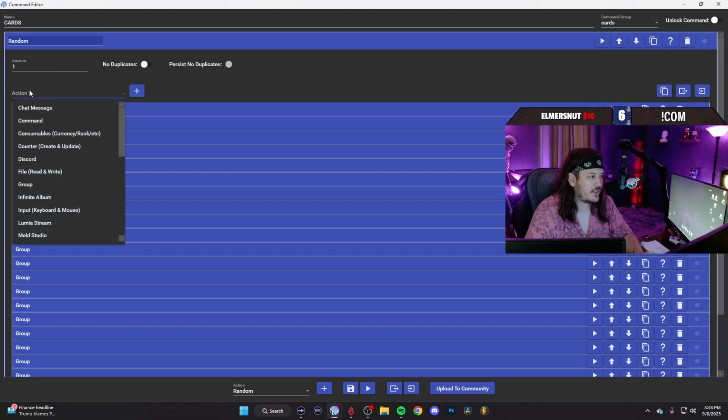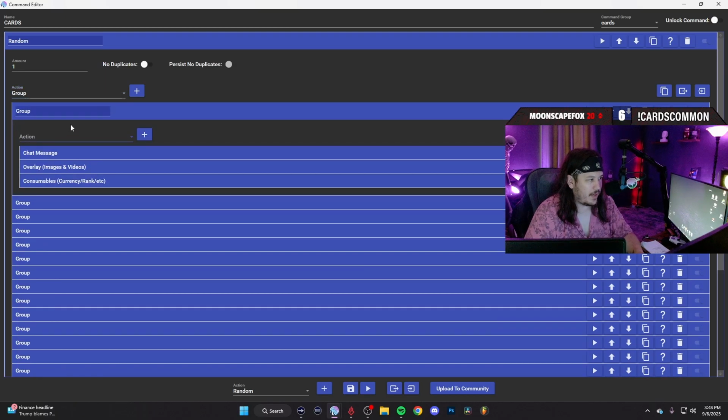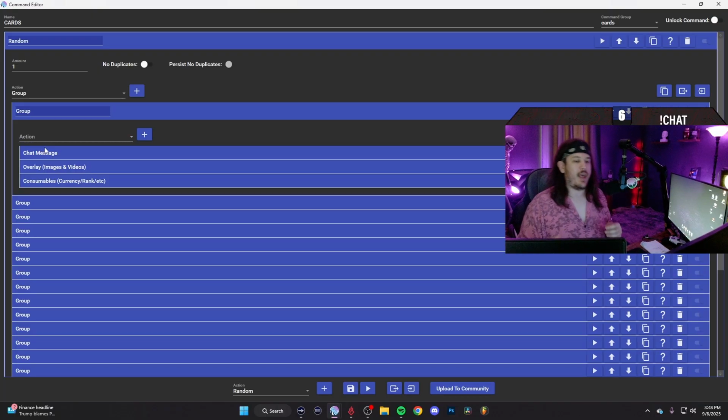The first action is going to be group. So you want to click on action, click group, because we're going to group a few things together to make this command work. So click group, plus sign to add it. Now you see a group tab that pops up right here. The first action under that group is going to be a chat message, because when the user runs this command, a chat message is going to pop up displaying what card they got, the rarity of that card, and the